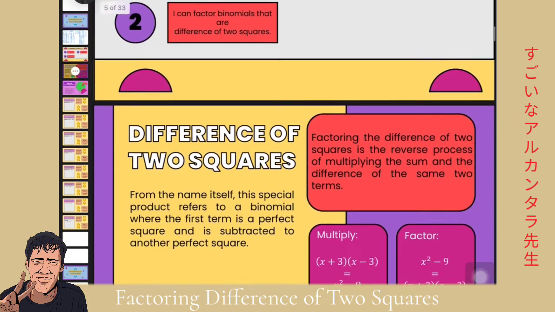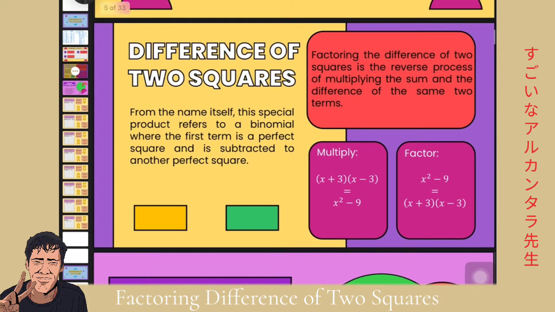So we're gonna factor our first set of special products. Basically, the idea that we have established there, the reason why we put it in factored form, is because it's important to note that we're using the same numbers as the factors. Like for x squared minus 9, you have a perfect square, which is x squared, and 9 as a perfect square. And from the name itself, you have two squares, and the operation must be difference or subtraction,